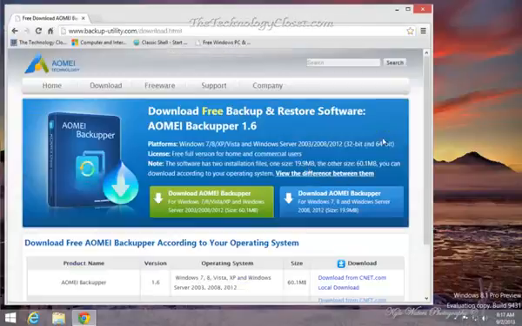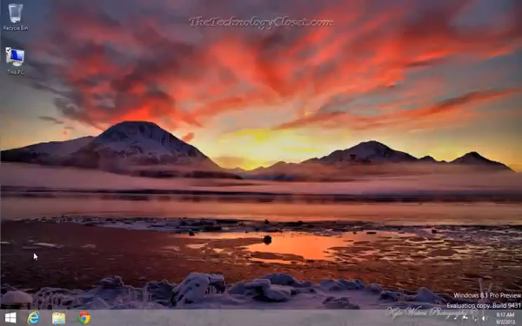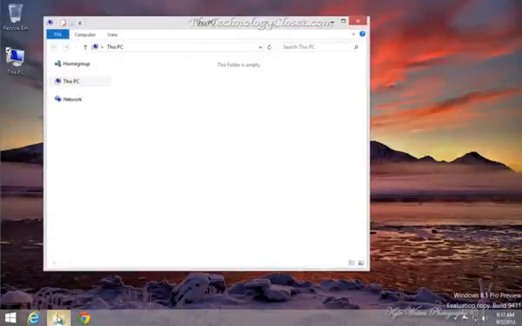And if you're running Windows 7, Vista, XP, 8, you get a larger download here. But if you're only running Windows 7 and 8, we're not going to worry about server. Then you take this download. It's a smaller download. Once you have downloaded the file, let's go to the download folder,